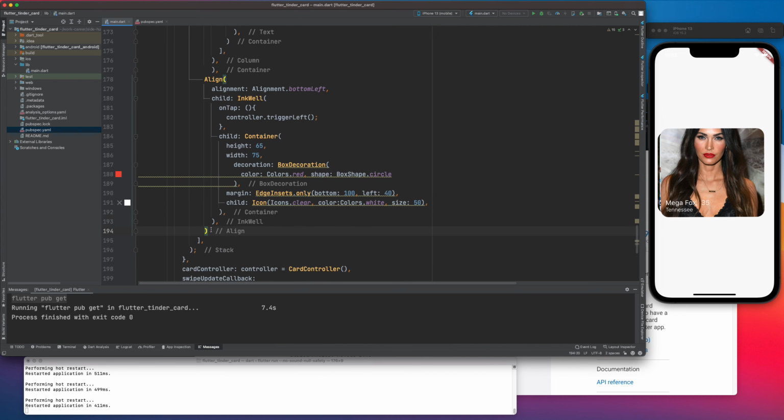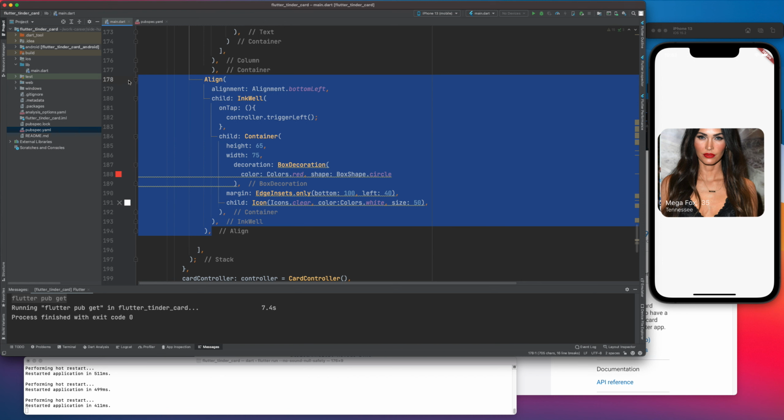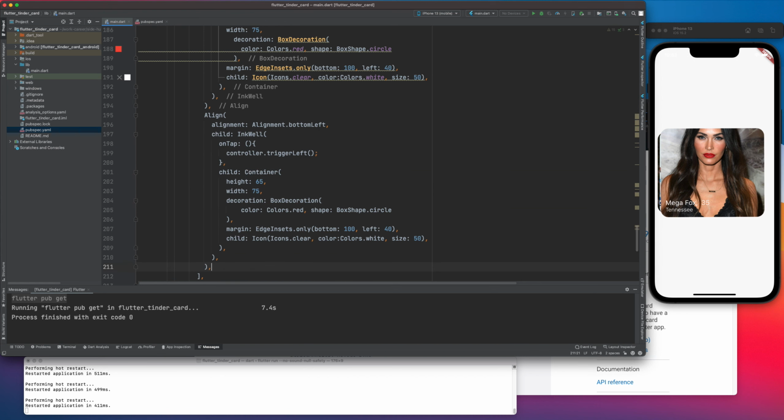Okay. Cool. So now after the align is complete, I can just copy paste this and have another button,